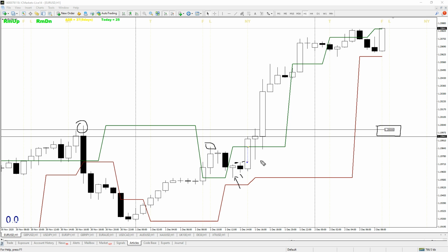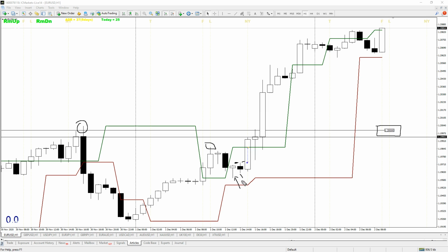And there was another reason for this. I'll show you when we get to euro against the yen. That it was kind of sideways, and I was also in that trade. So because that was going nowhere, I thought this had a better chance, and maybe that would lift the euro yen up as well. So my stop would have been below this pin bar, and my target was this high, which